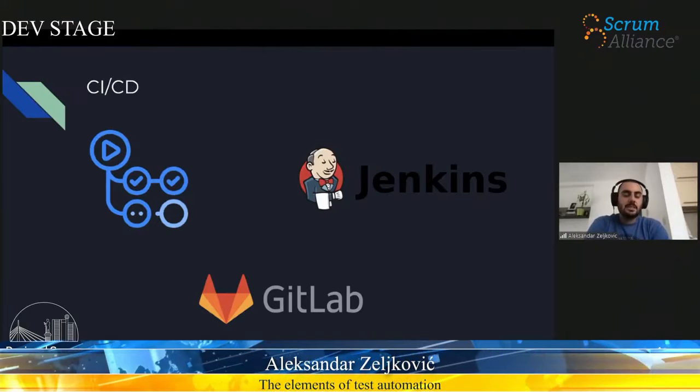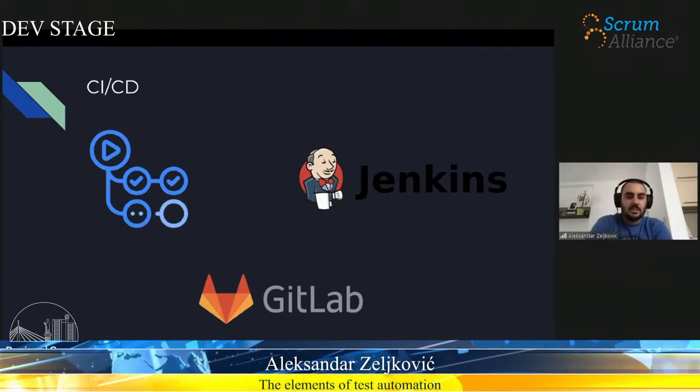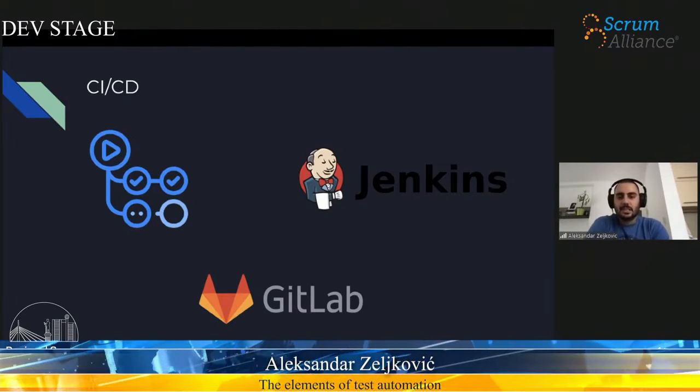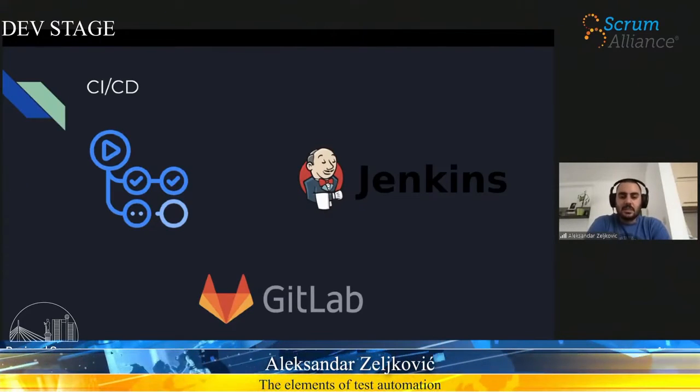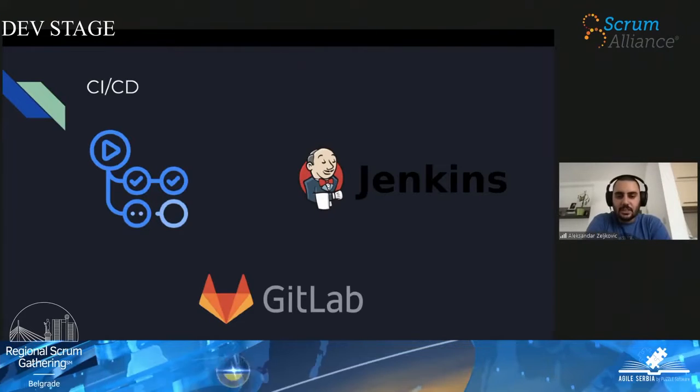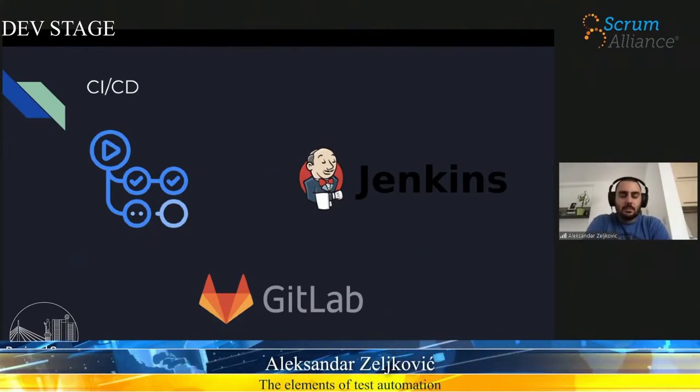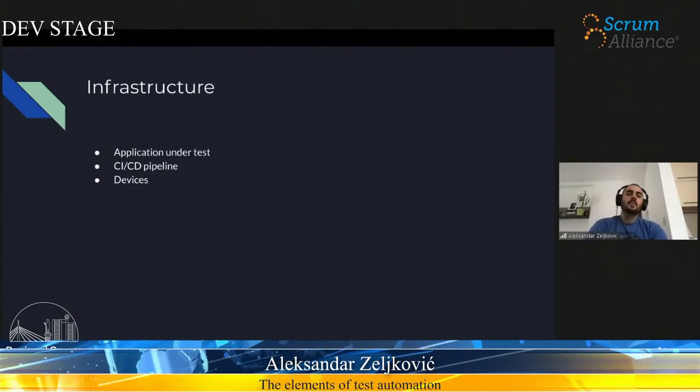A few examples: GitHub Actions, a very awesome modern CI/CD tool for GitHub users. Jenkins, probably the most popular tool out there, and GitLab. GitLab is really a Swiss knife, I would say, of CI/CD. Really a lot of cool features. I will not go deeper into this topic because I think we could have 3-hour discussions only about CI/CD tools, but that's not the topic today.